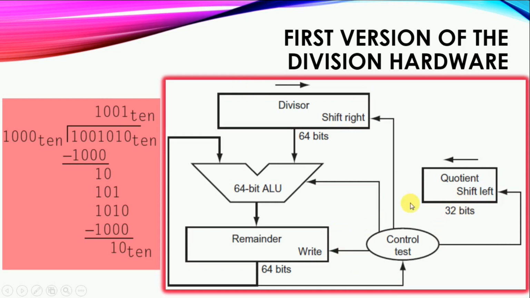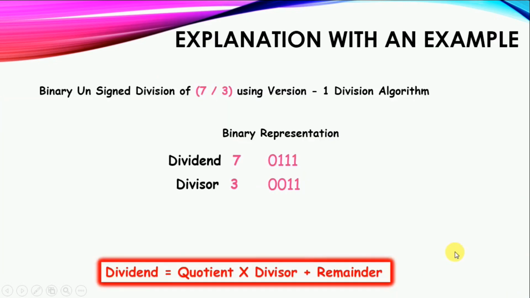The number of iterations depends purely on the size of the quotient. If the quotient is 32-bit size, we have to perform 33 iterations. Generally, if the quotient register is n bits, we have to perform n plus 1 iterations. If my quotient register is 4-bit size, then I choose the divisor and remainder registers as 8-bit size. To perform addition and subtraction between these two 8-bit numbers, I need an 8-bit ALU, and I have to perform 5 iterations, that is 4 plus 1. We can see this through an example.